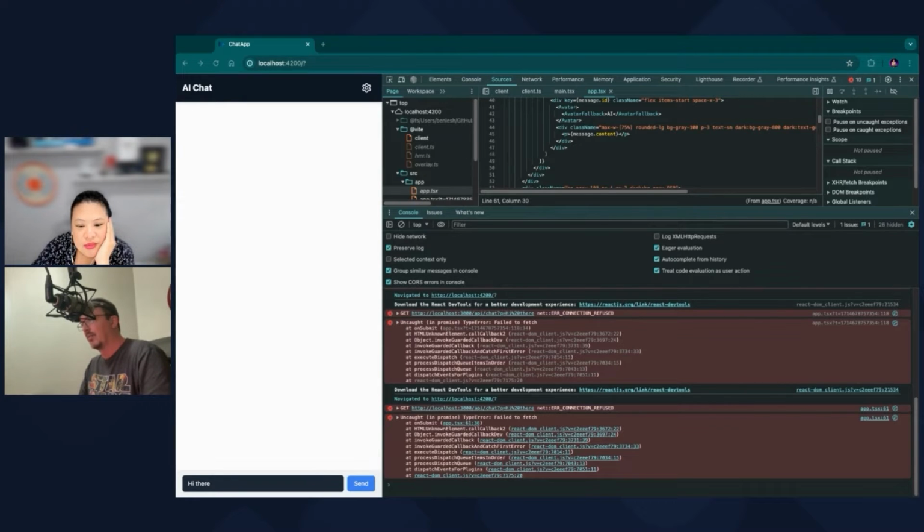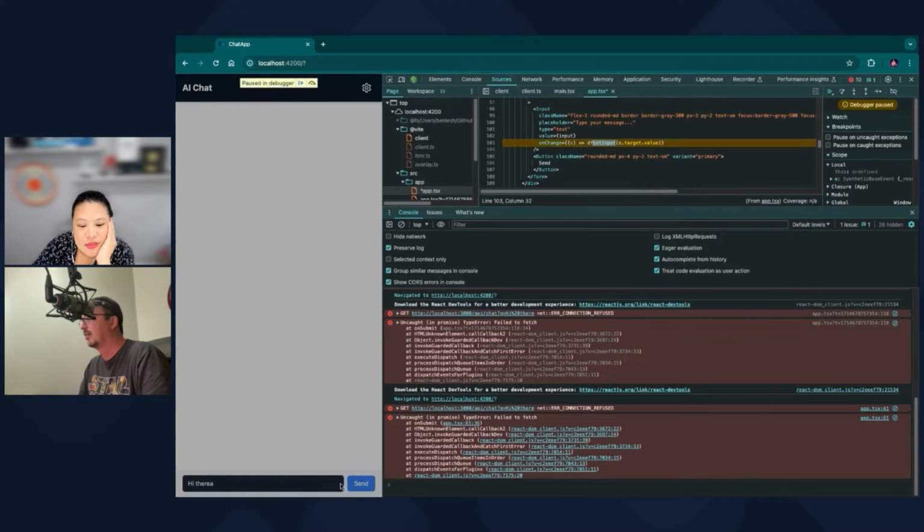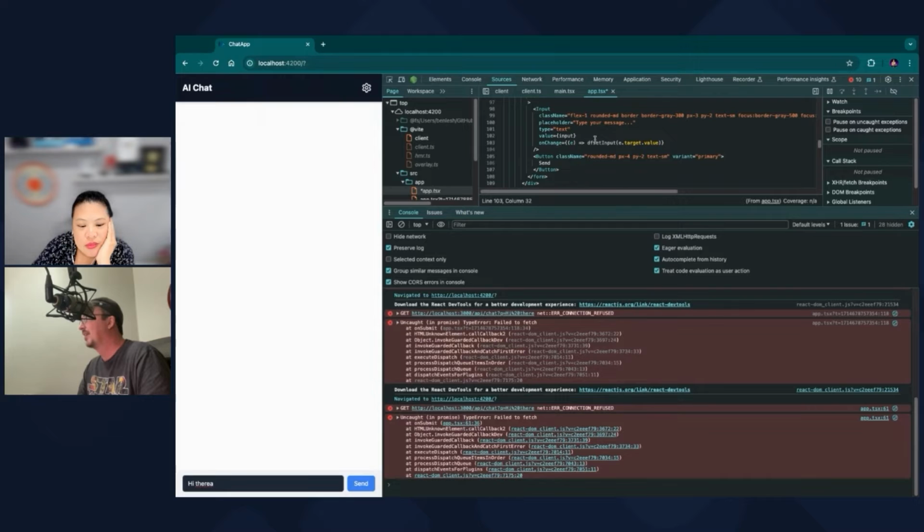Process exited. That was sad. Our debugger's listening. Let's try it again. Right there, send. All right, send it. Failed to fetch. Our server's not crashing. I can see in the other thing.